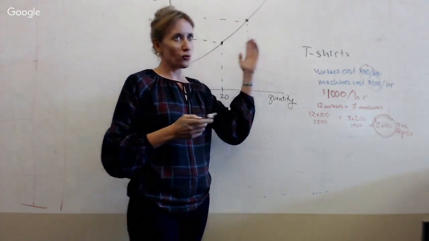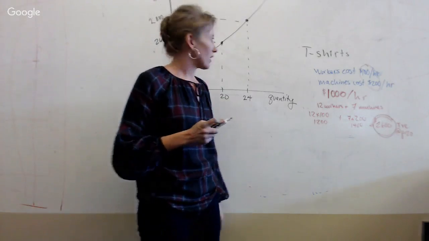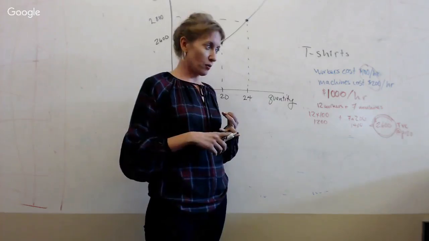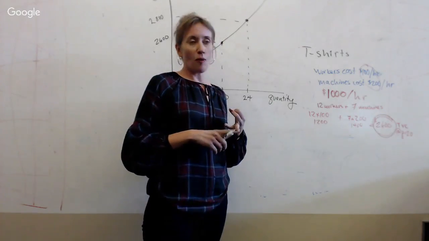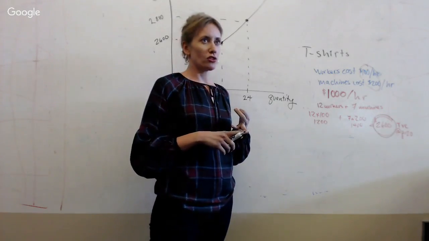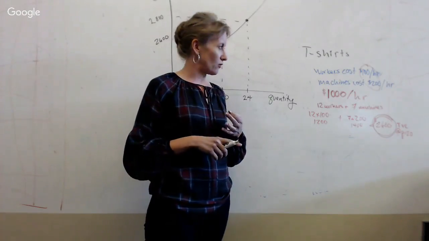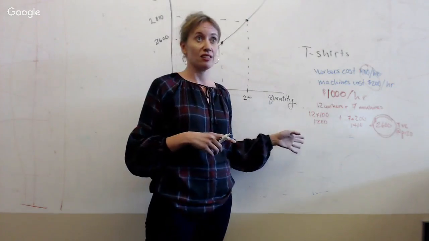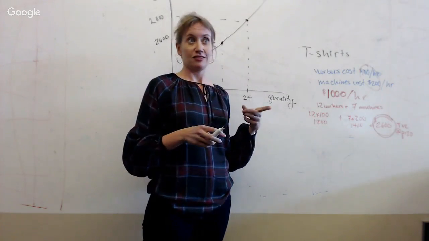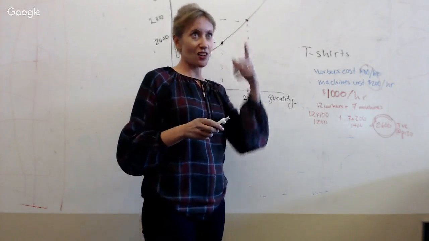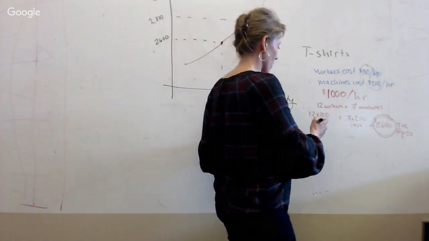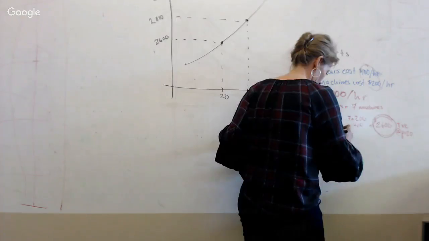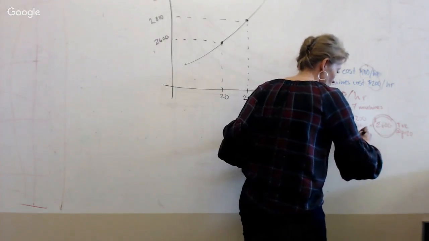So from this total variable cost curve, we can find marginal cost and average variable cost. We also might want to have information about average total cost, but what information do we need for average total cost that we don't have, that I didn't give us here? What is fixed costs? So what should we make our fixed costs, Jose? Let's make it 200.